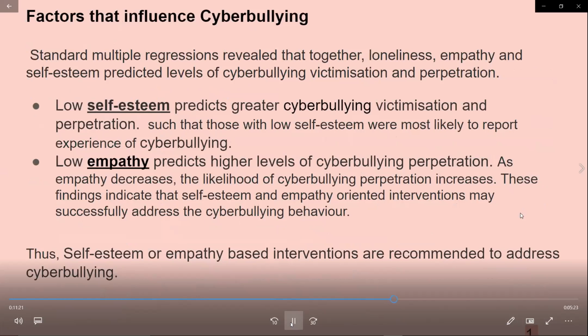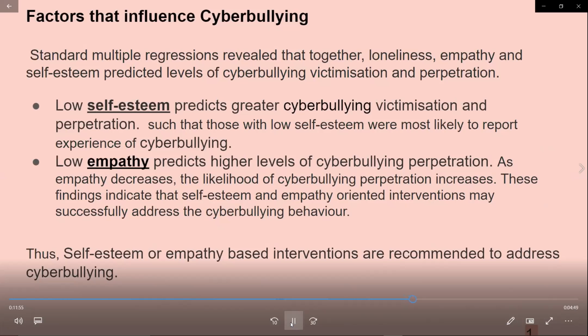Factors that influence cyberbullying. Standard multiple regressions revealed that together loneliness, empathy, and self-esteem predicted levels of cyberbullying, victimization, and perpetration. Low self-esteem predicts greater cyberbullying, victimization, and perpetration, such that those with low self-esteem were most likely to report experiences of cyberbullying. Low empathy for oneself predicts higher